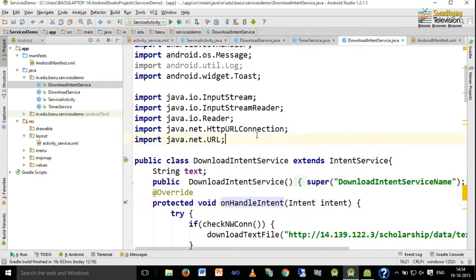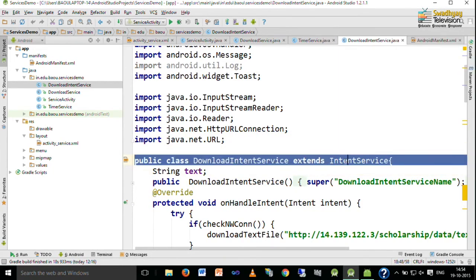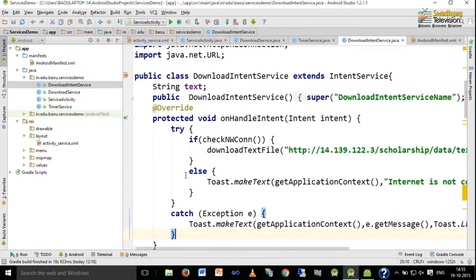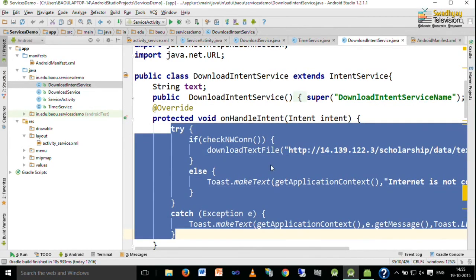So, inside this download service which extends intent service, we declare one text which represents our text file, and this is our constructor, and inside on handle intent we write down code that we want to perform asynchronously as a separate thread than the main activity.